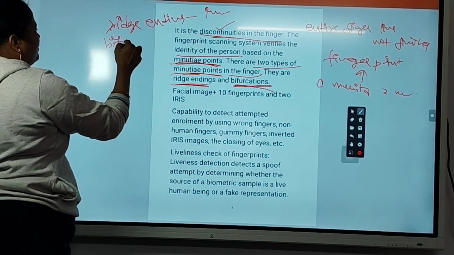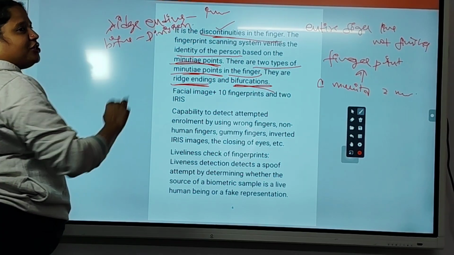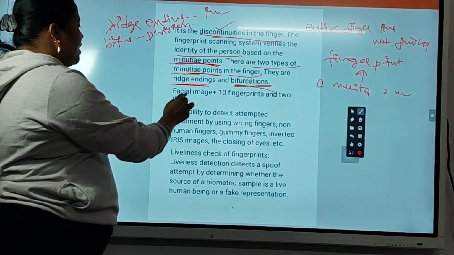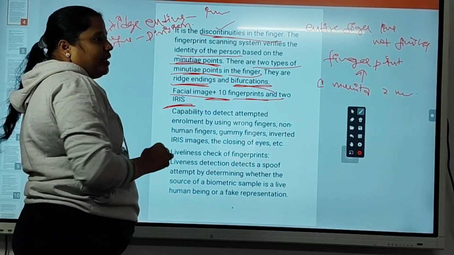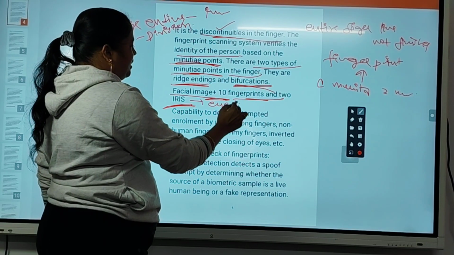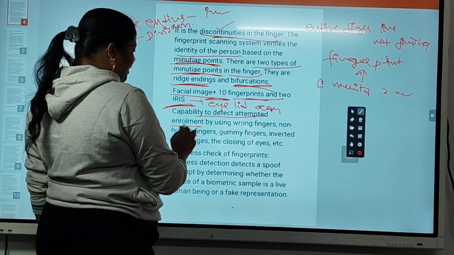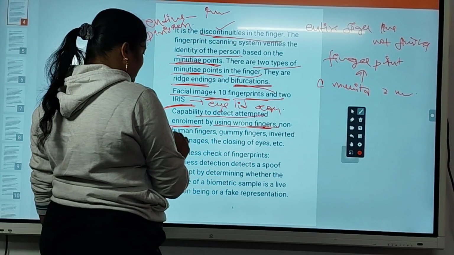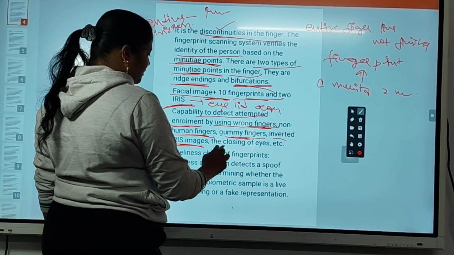Bifurcations means divisions. So different types of fingerprint minutia exist. Facial image plus 10 fingerprints and 2 iris. Iris is nothing but your eyelid scan. Okay, capability to detect attempted enrollments by using wrong fingers, non-human fingers, gummy fingers, inverted iris images, the closing